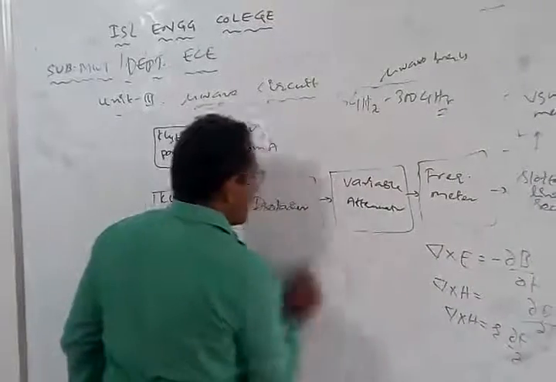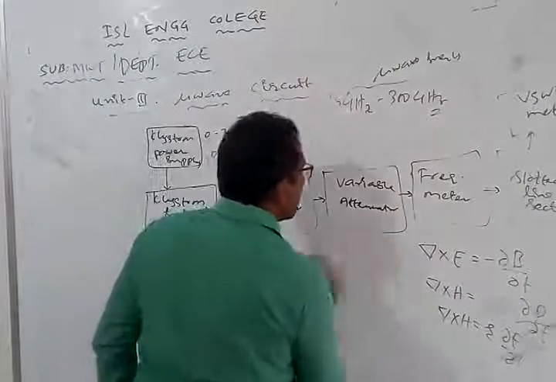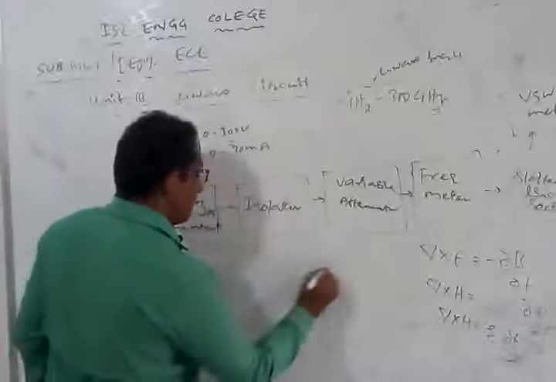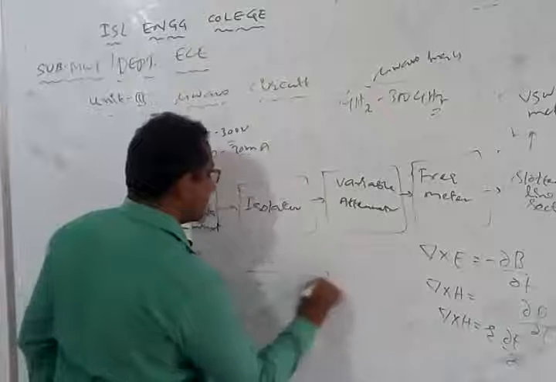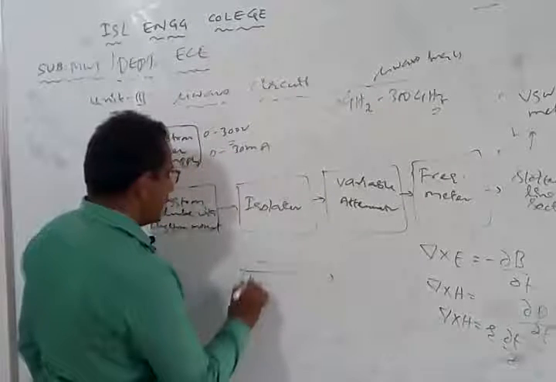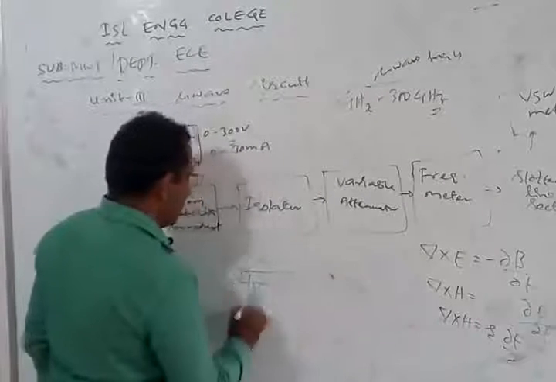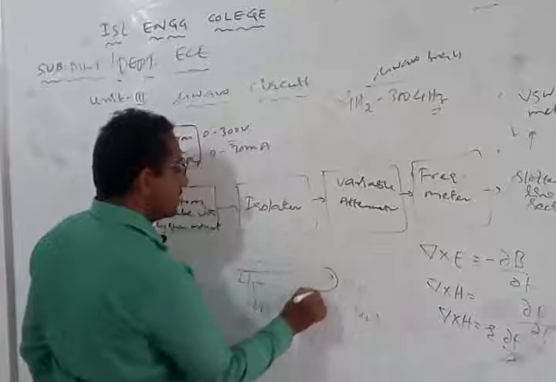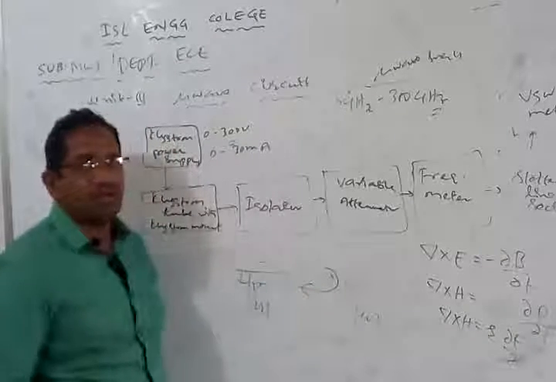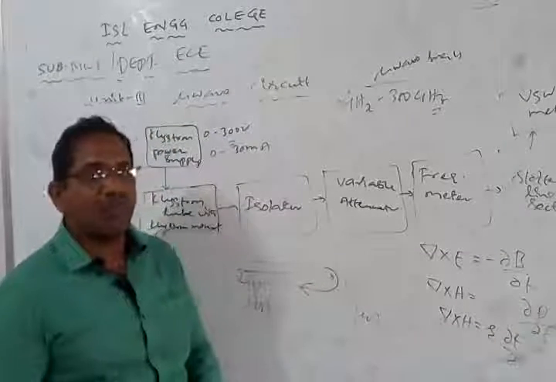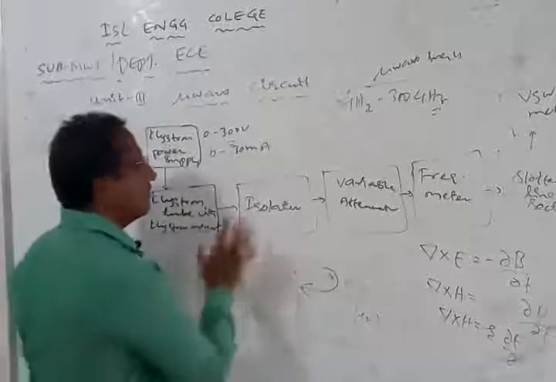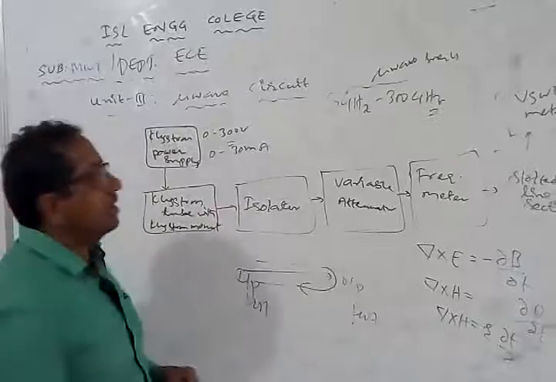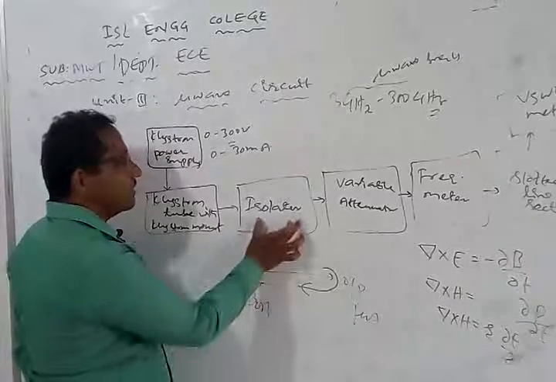Now, the same kind of problem happens here. Whenever a waveguide transmits some signal from the input port to the output port, what will happen? Some portion of the signal is going to get reflected back. However efficient the waveguide is, some portion is going to get reflected back. Now what will happen if an isolator is not there?